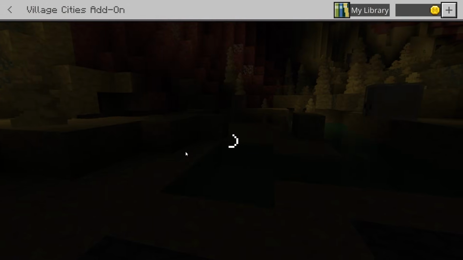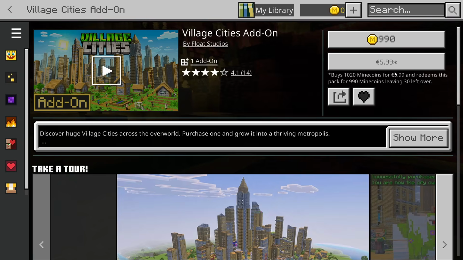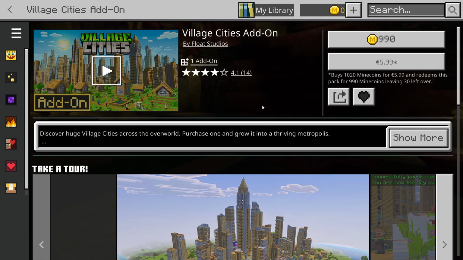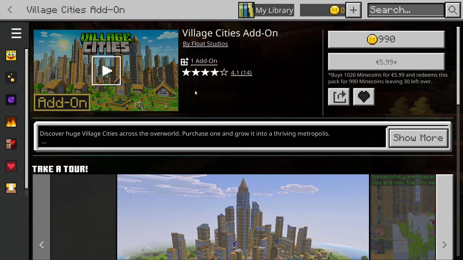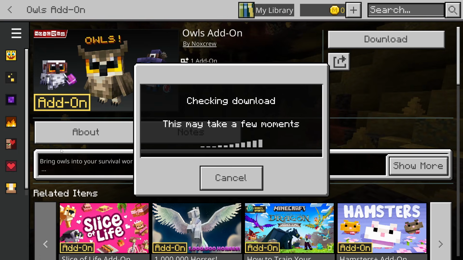You need to press it and then you can buy this add-on here, for €6 or 990 coins. I will not buy this, so I will show you with another game how you can exactly download, install and activate it, but the process will be basically the same. Okay, so after purchase you should get a download button, and then you need to wait a couple